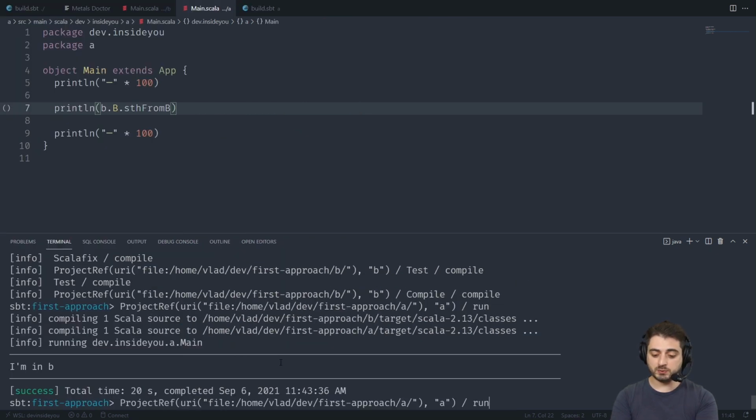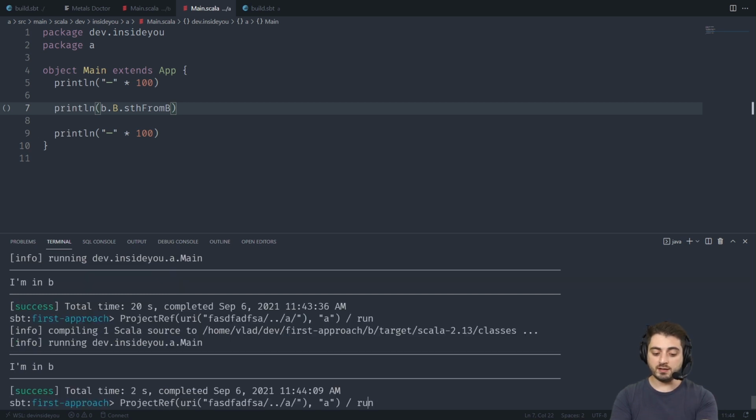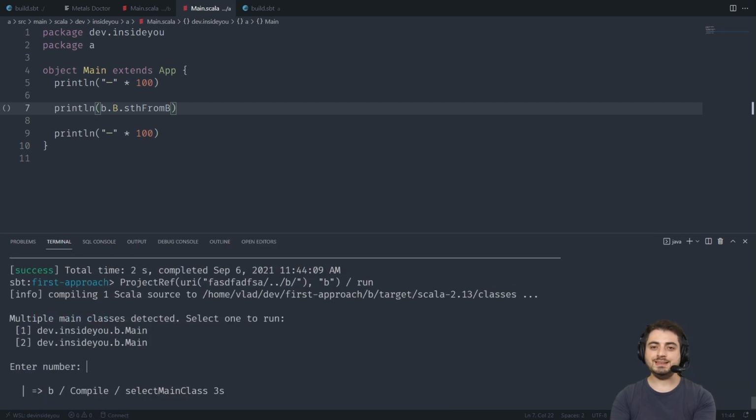But what you can actually do is, let me remove the cursor, you can go over here and remove everything until this slash. And you can do dot dot, and you have to remove the colon, and then whatever you have over here doesn't really matter. You can actually do something like blah blah blah, and somehow, don't ask me how, this is going to work. I run this thing and it actually runs A. It also runs B if we wanted to. For some reason it sees the main twice, but it's actually the same main.